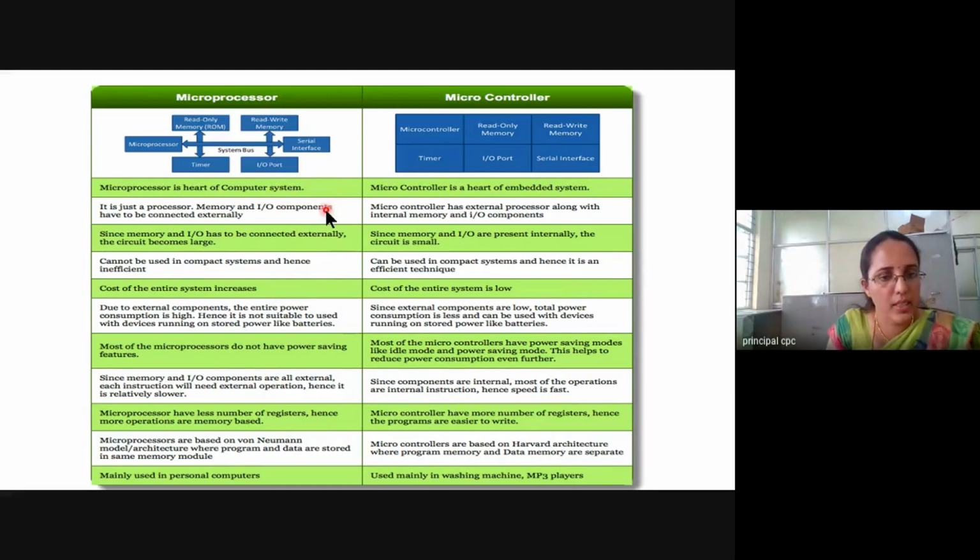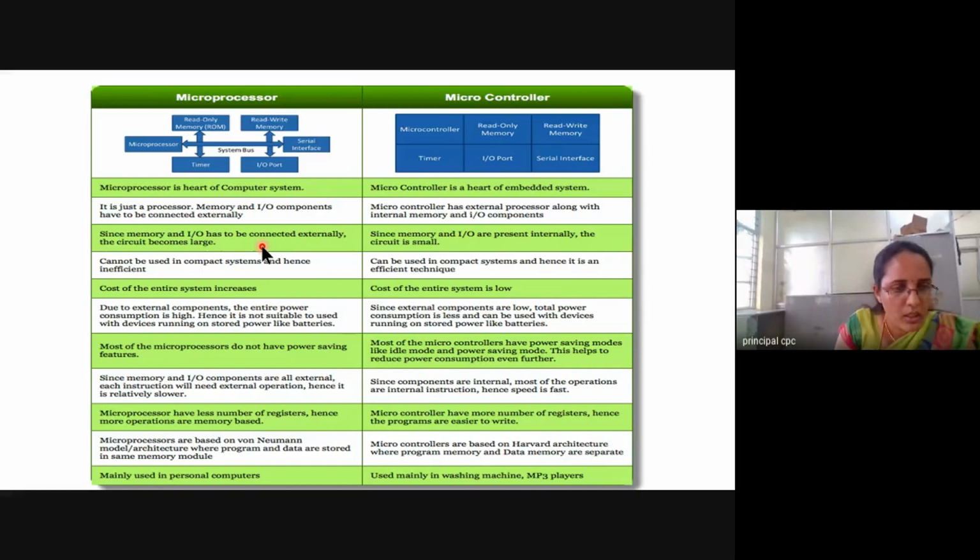So next is the processor, and all are connected to the processor externally. Here all are connected on a single chip. Next, these components are connected externally, hence the circuit size will be higher, and the circuit size in this case will be lower compared to microprocessor because all are on the same chip.